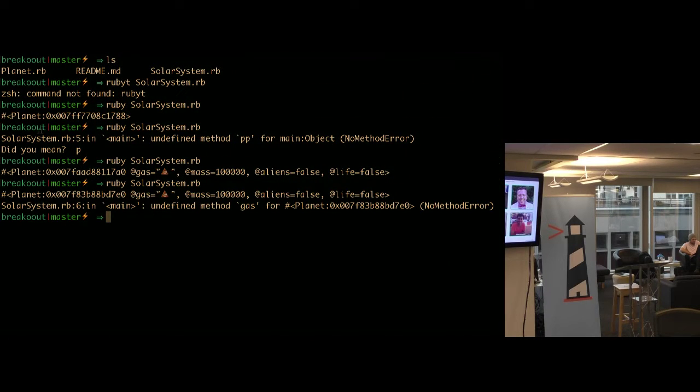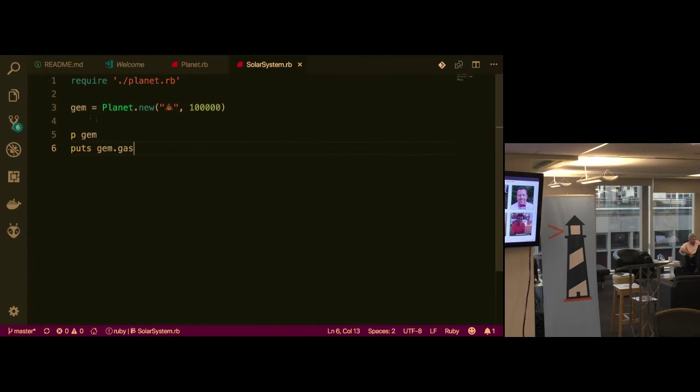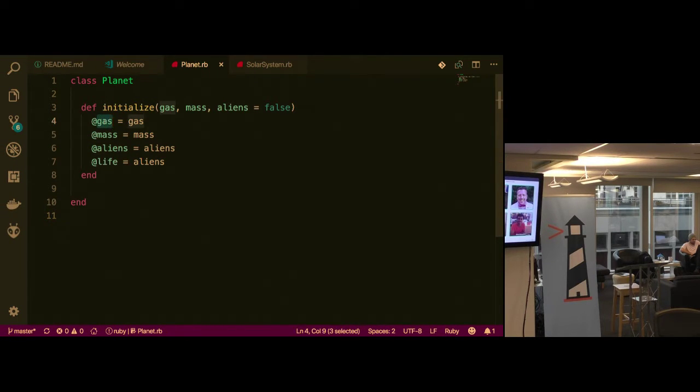Because I don't have a method: undefined method gas for instance of Planet. Every time you see the hashtag, it usually means instance of a class, instance methods, instance of whatever. So we have an undefined method gas. It's trying to look up a method gas, but I want it to look up the instance variable gas. So how do I do that?